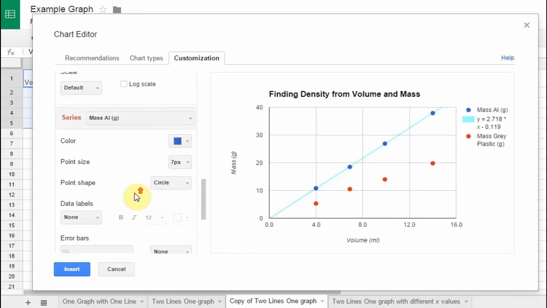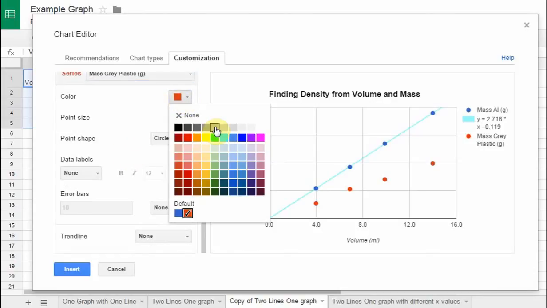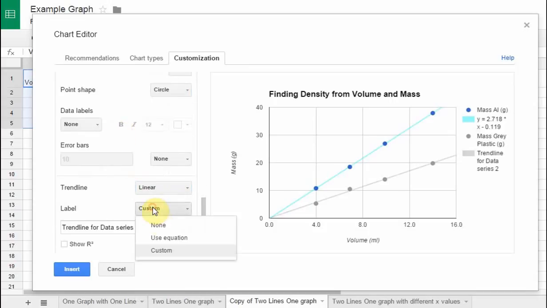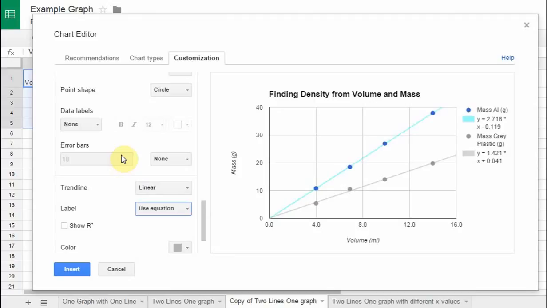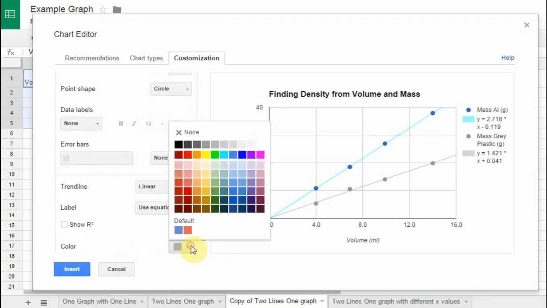For the second one, we want to do a similar thing. So I'll change the series to go to the plastic, leaving that in red. If the plastic was gray, perhaps we'd want to go look and make it gray. And we could do that since the plastic was gray. If you wanted to color code this, you'd be welcome to do so. In any case, we want to have a linear trend line. And we would like the equation to be on there. And maybe we'd like a different shade of gray for the